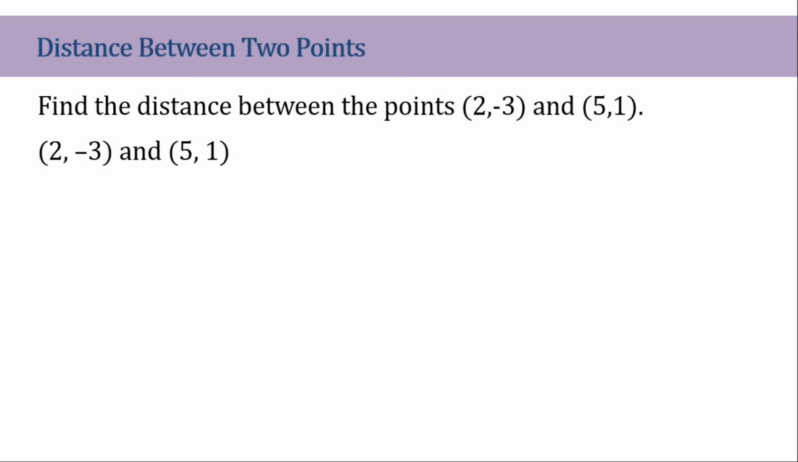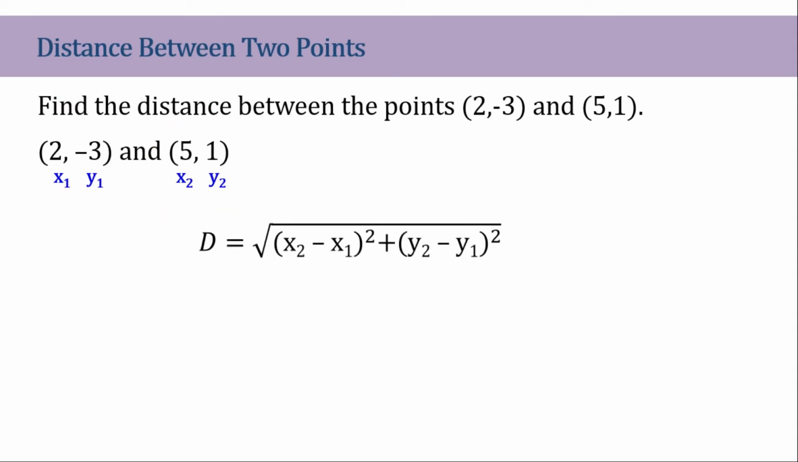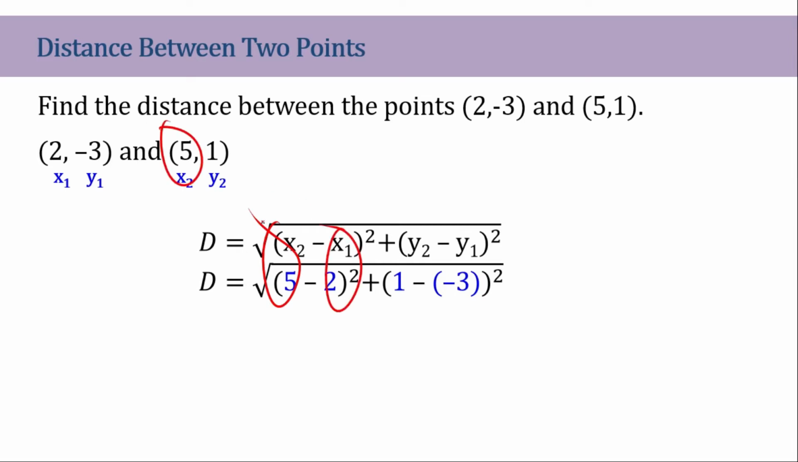Now let's use the distance formula to answer questions about this. Now with the Cartesian plane, let's find the distance between points (2, -3) and (5, 1). So first let's write the points and assign a variable for them. This will be my point 1 and this will be my point 2. That's why x sub 1, y sub 1. Next, we're going to write down the distance formula and substitute the values that we have: 5 for x sub 2, 2 for x sub 1, and 1 for y sub 2, and -3 for